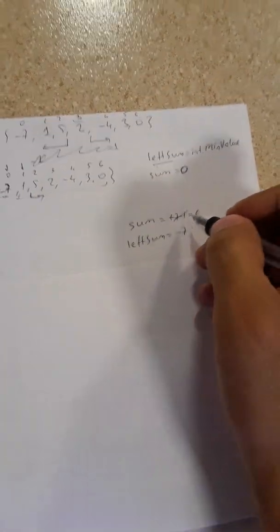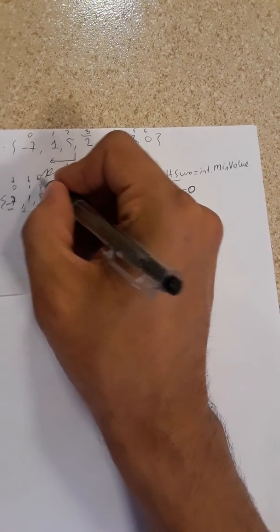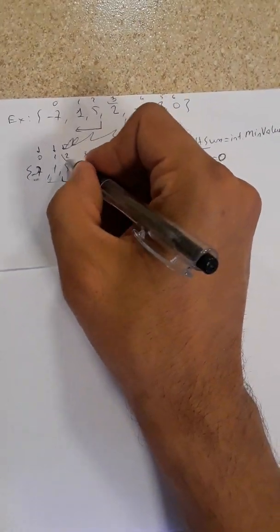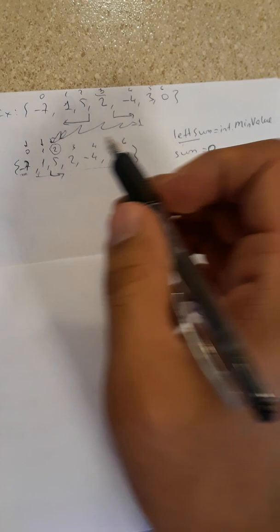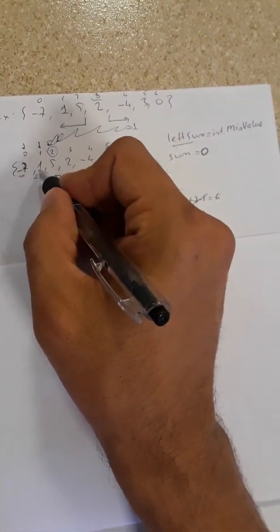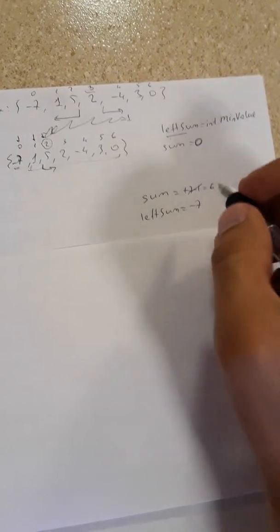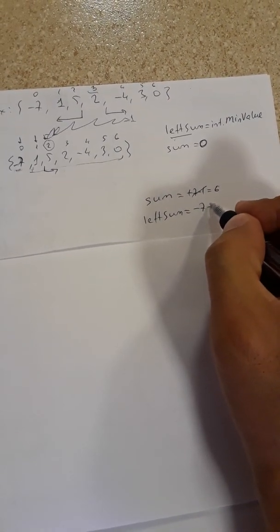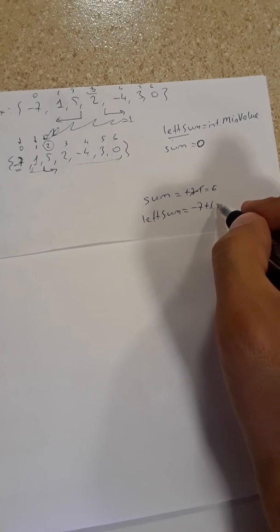So then we go to the next element at index 2, but before that, we're adding this element from index 1 to our left sum, and -7 plus 1 will make